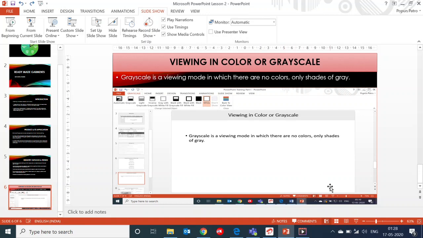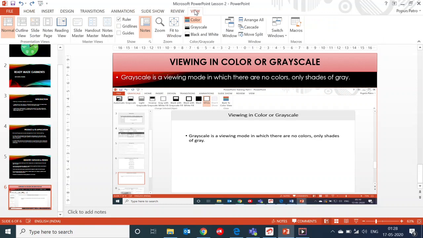If you want your slides to be black and white, then go to the view tab. This is the home tab, this is the view tab. Click on the view tab. Here is the color option, and here is the grayscale option.